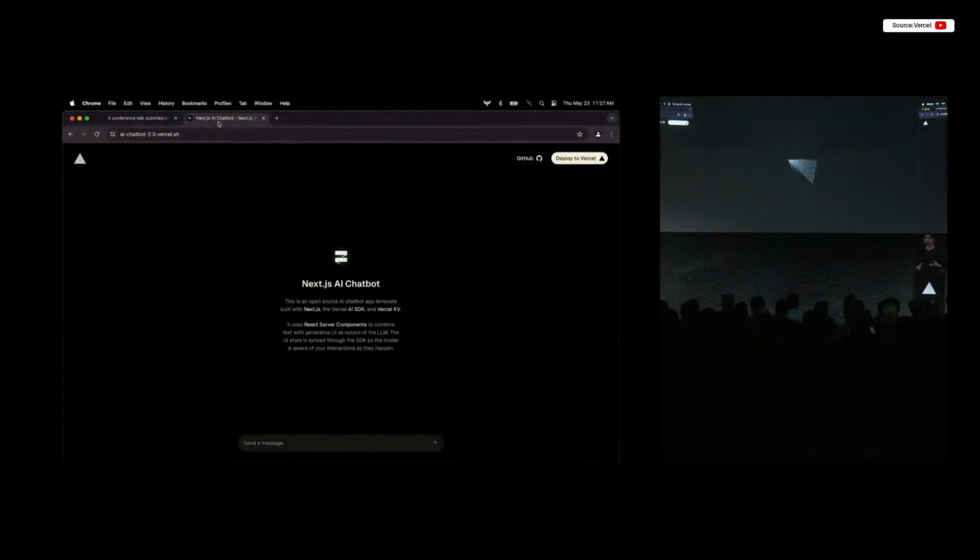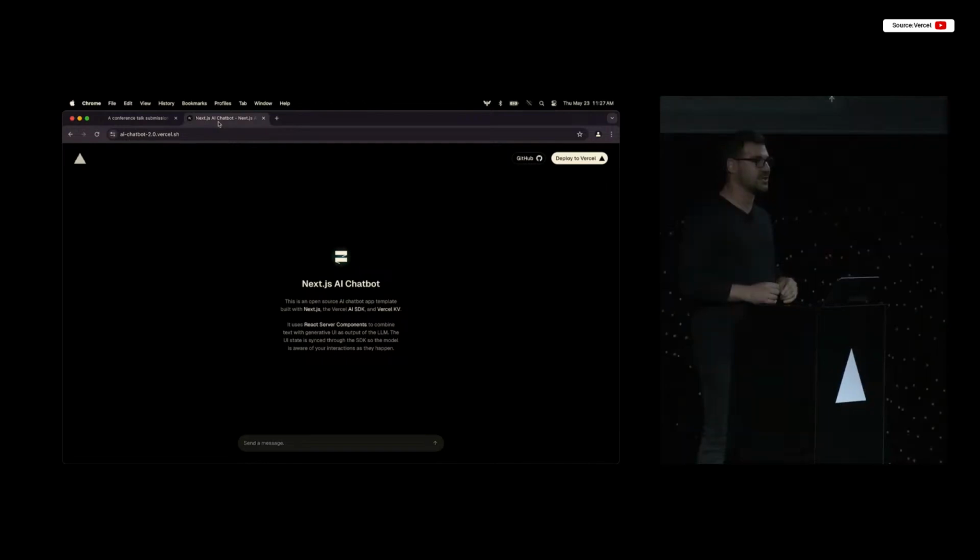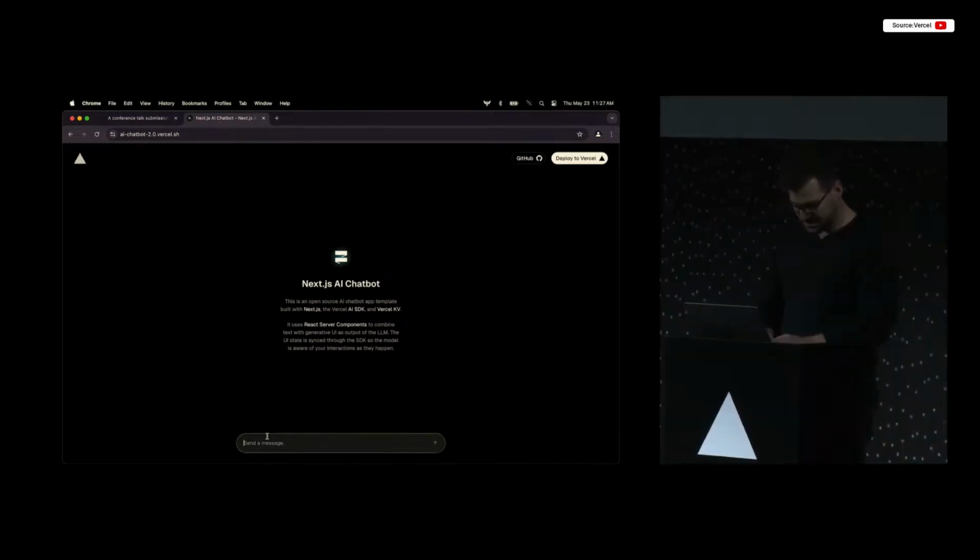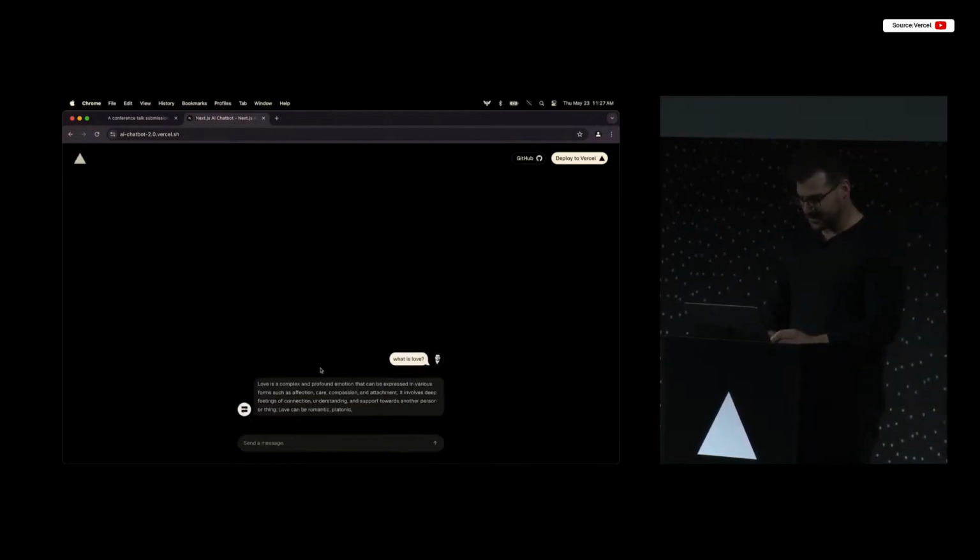So here's a chatbot built with the AI SDK and Next.js. In addition to plain text responses like, let's just type here, what is love? And we'll just submit it. It can actually do a lot more. For example, this chatbot is wired up to be a scheduling assistant. And instead of just responding with plain text, if I ask to, let's say, book a meeting with Lee at 2 p.m. today to talk about the movie Her,